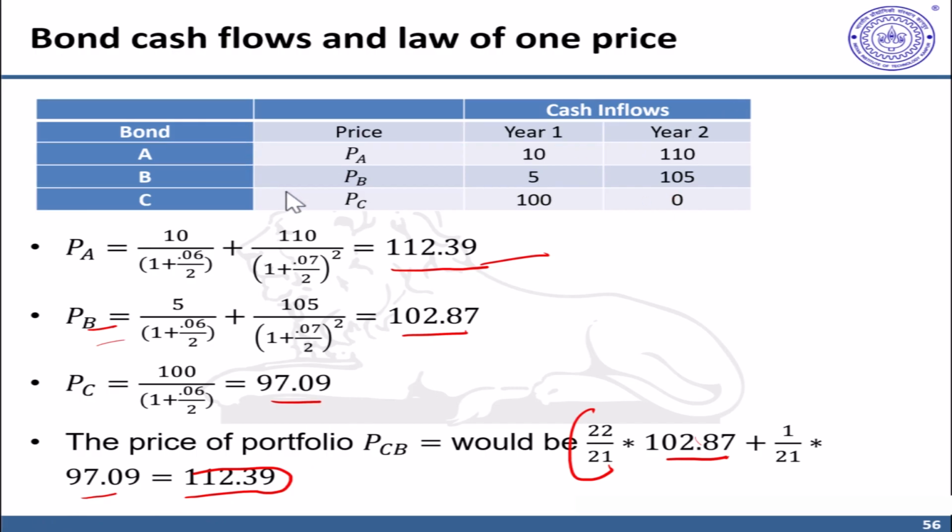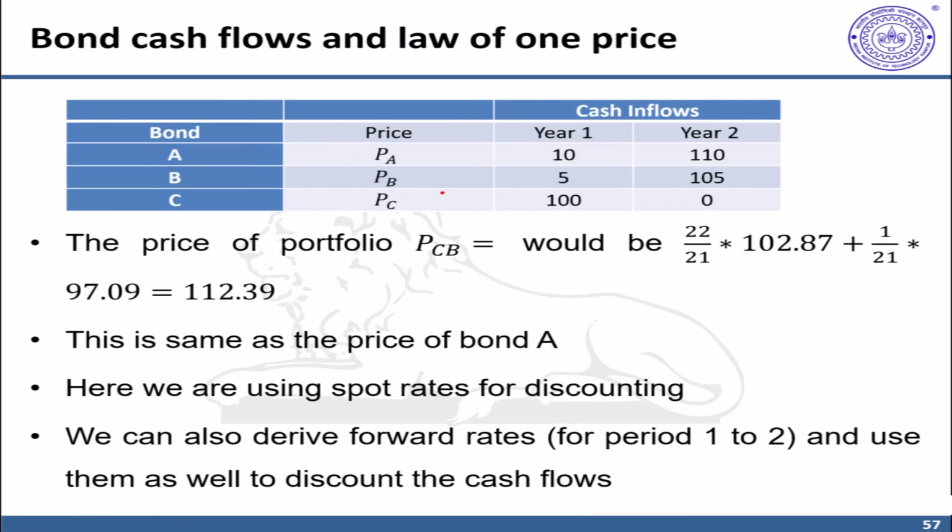So let us conclude our argument. We found the prices of the respective bonds after discounting. Then we mixed B and C in appropriate proportions to find the portfolio price, which was the arbitrage portfolio against bond A. And we find that their prices are identical, 112.39. This is possible because there are no frictions and transaction costs. And in a coincidental manner, we find that their prices are identical. That means there is no possibility of arbitrage. That means whether you buy or sell A or the portfolio of B and C, there are no arbitrage profits.